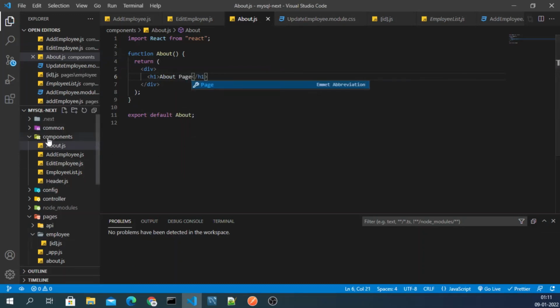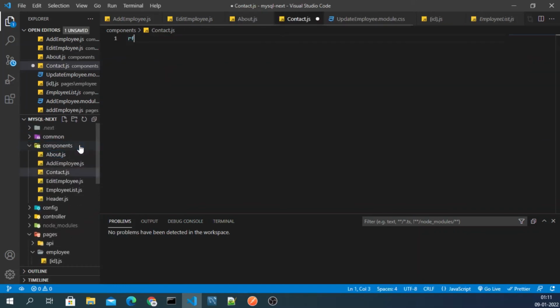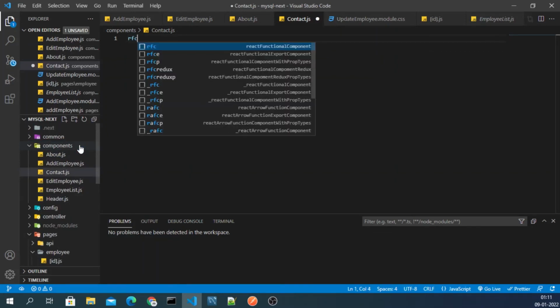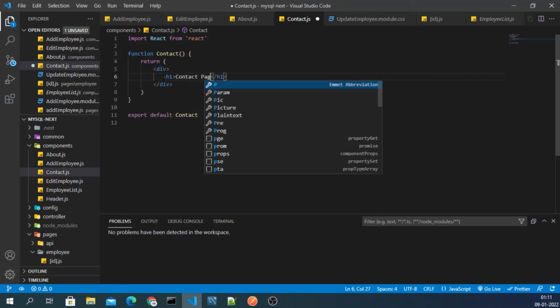Okay, and one more component I have to create, and this will be contact.js, and here I will type rfc, and it will create some lines of code for us, and then I will type here contact page like this.